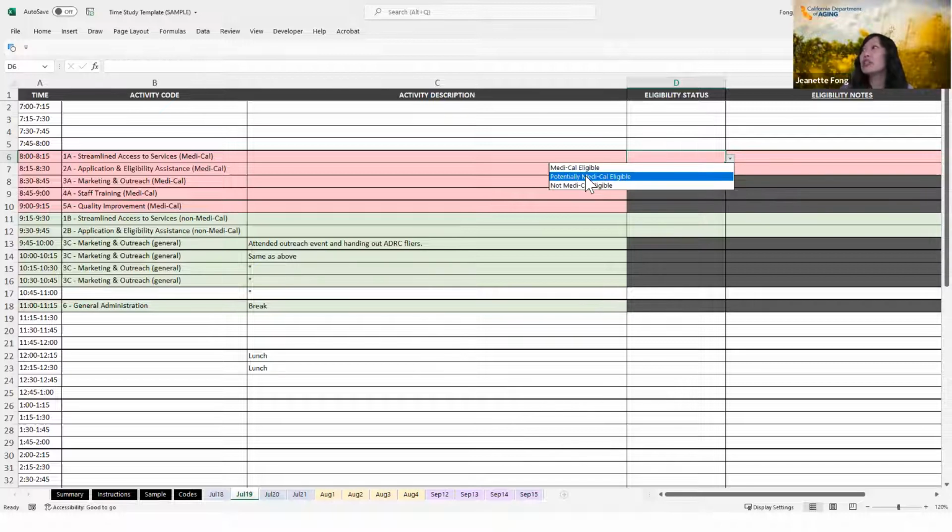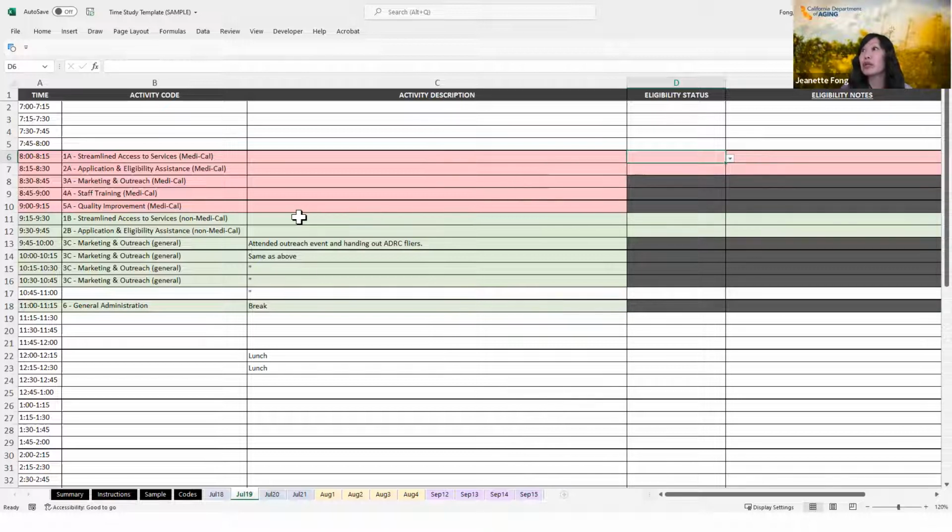Potentially Medi-Cal eligible might be an option if, say, you're just providing information to somebody who might be interested in learning more about Medi-Cal programs. But for these A codes, you're probably not going to use this not Medi-Cal eligible.